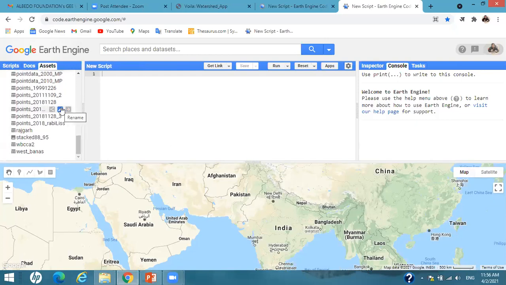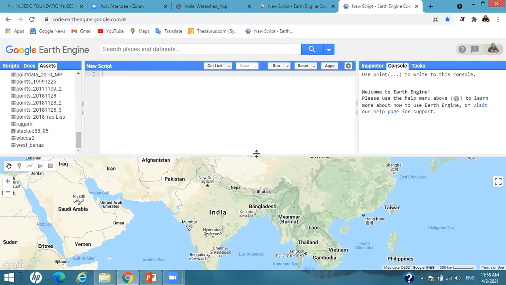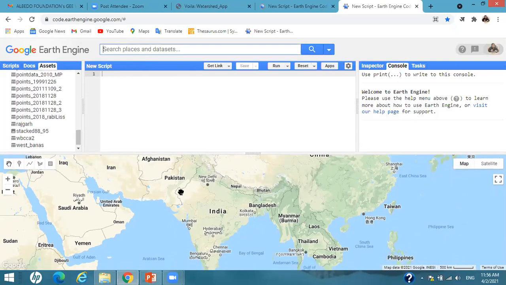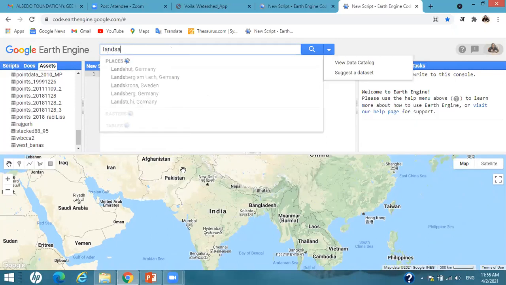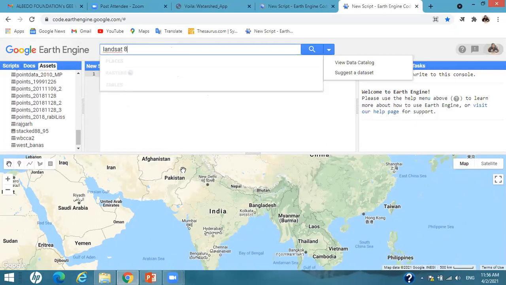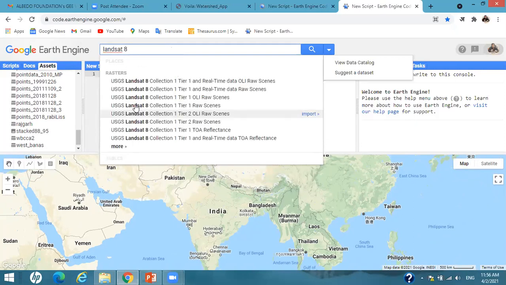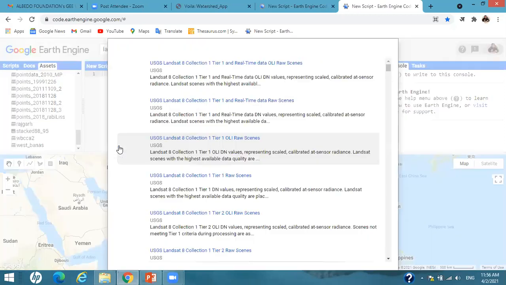I think I will just tell you in brief how you can import your data set and how things will work. Suppose you want to display the Landsat image, what you will do is search for Landsat 8. There are various Landsat 8 data sets available, like tier 1, real time, early, raw, TOA. You just click on more and the data set comes here.